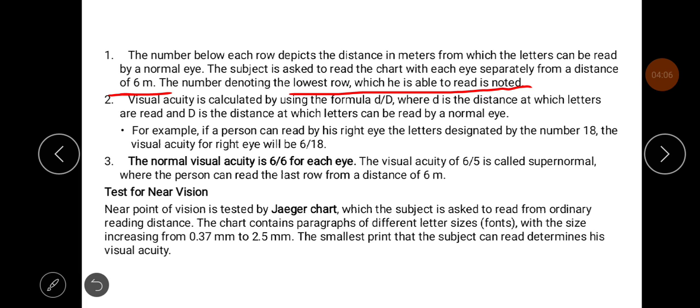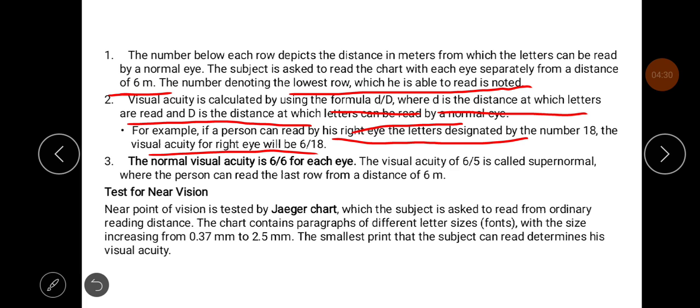The visual acuity is calculated using the formula small d by capital D, where small d is the distance at which the letters are read and capital D is the distance at which the letters can be read by a normal eye. For example, if a person can read by his right eye the letter designated by the number 18, the visual acuity for the right eye will be 6 by 18. The normal visual acuity is 6 by 6 for each eye. A visual acuity of 6 by 5 is called supernormal,